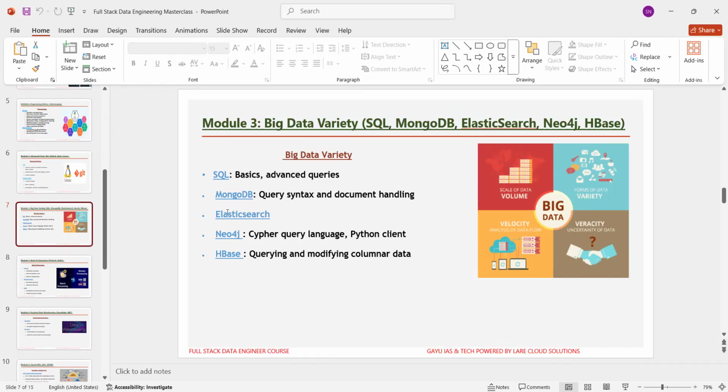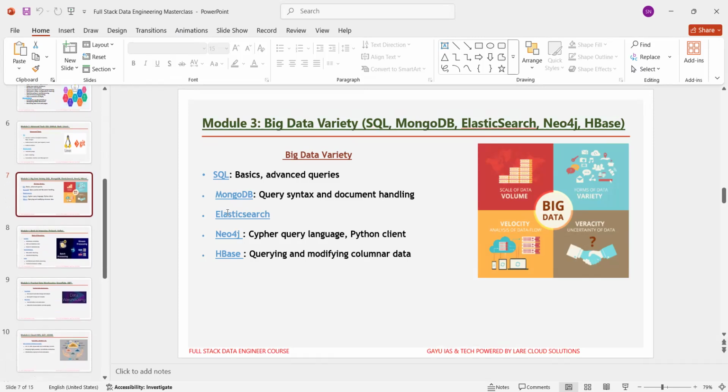By the end of this module 3, you will know which data systems to use for what type of problems, be comfortable writing queries in 5 major systems, and deliver structured and unstructured data solutions. You will have multiple domain experience in e-commerce, customer support, social graphs, ad tech, etc. This module makes you a true versatile data engineer, someone who can handle any type of data in any type of project. Are you ready to step into the world of real-time data processing next?